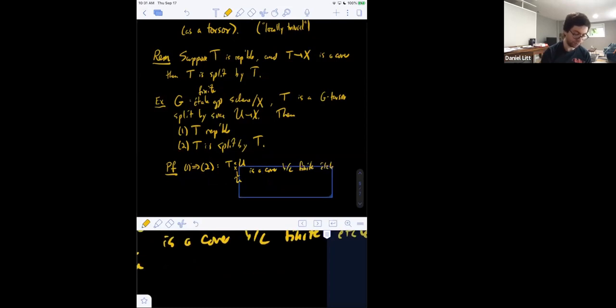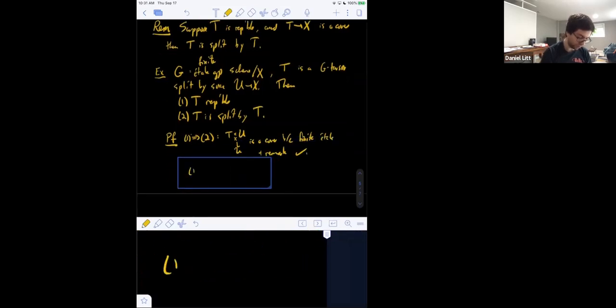So you can check that something is a cover after base change. You should check that this follows from the axioms of a site. And this plus the remark above means we're done. Okay, so now we just need to prove 1. We need to prove T is representable. So the observation is that